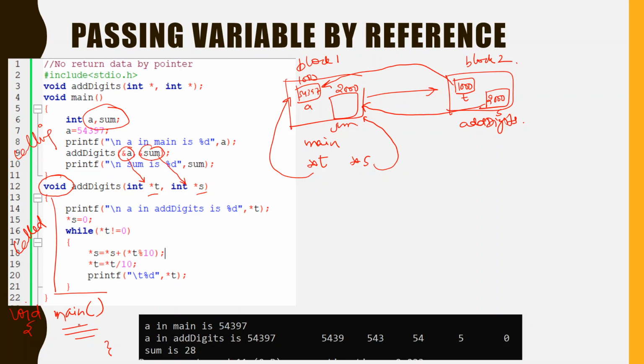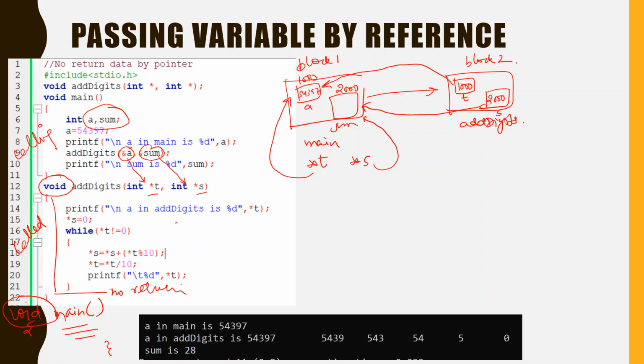It only performs the operations that are given in the main body, but it does not return anything. So that is why we write this void before the main. The same thing happens here. This void at digits means it is not going to return anything. And why does it not require to return?